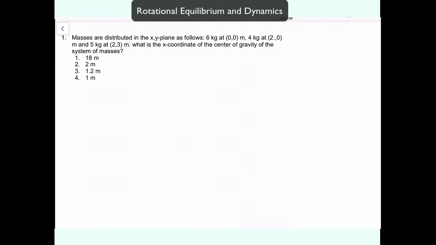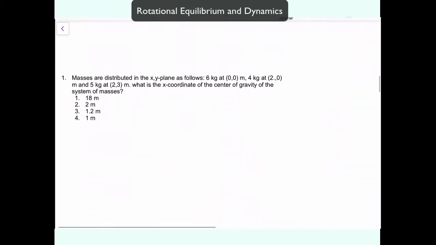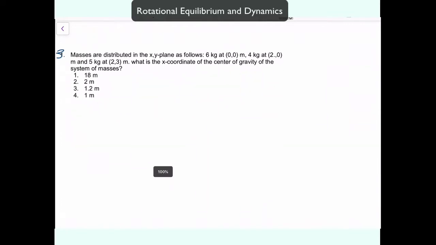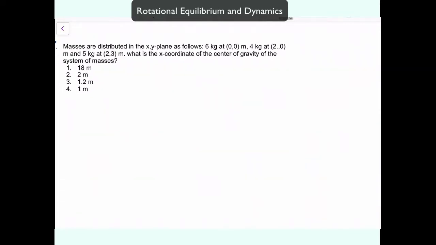So this is our example number 3. Example number 3 asks you to find the center of gravity of a certain mass distribution. So if you try to have the x and y coordinate, if this is x and this is y, then masses are distributed in the xy plane as follows: 6 kilogram,